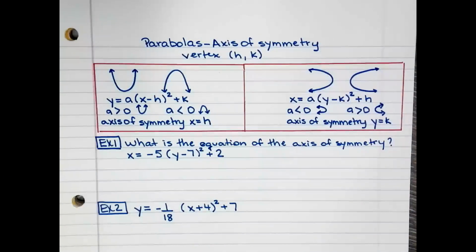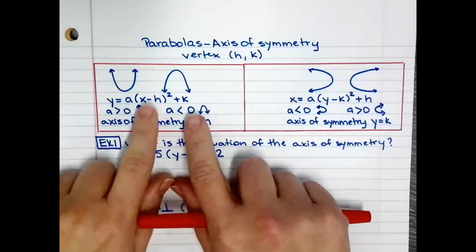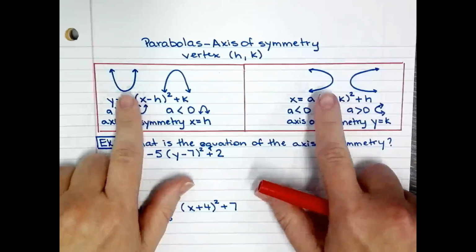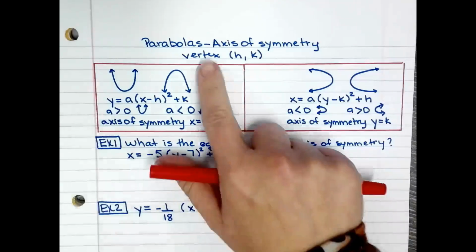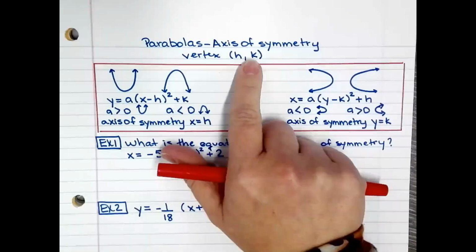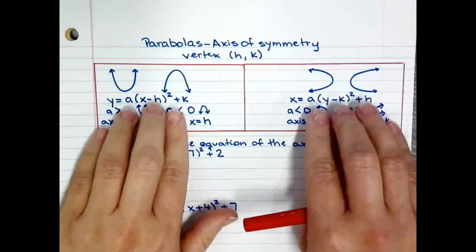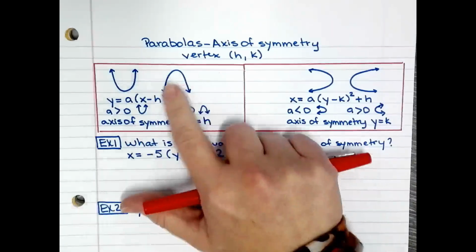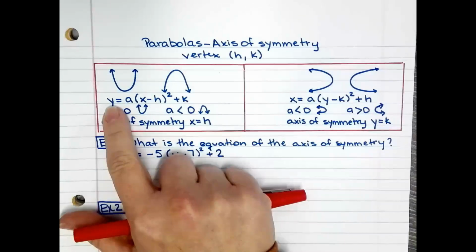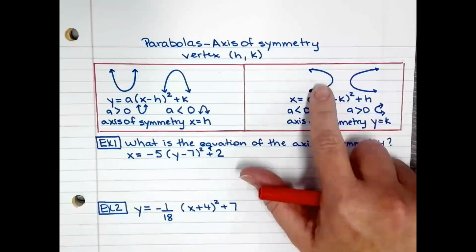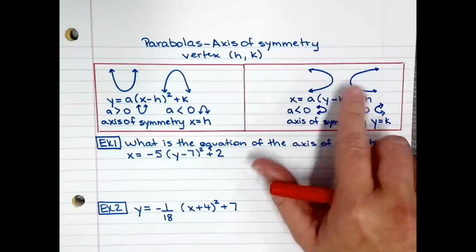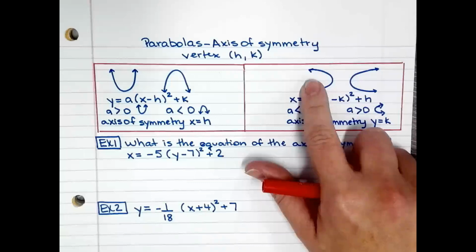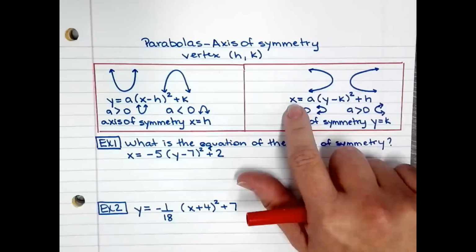Hi, in this video we will talk about parabolas and axis of symmetry. It doesn't matter which type of parabola we have, the vertex is going to be h and k. Here we have vertex form for a parabola opening up or down, and that's in the form of y equals. And here we have parabolas opening side to side, opening left or opening right, and it's going to